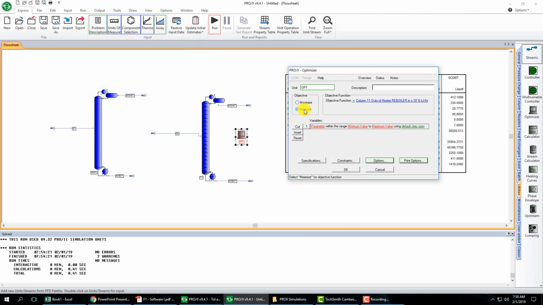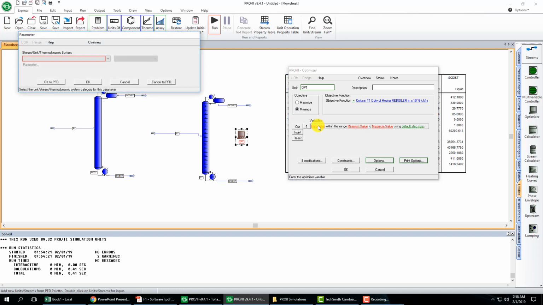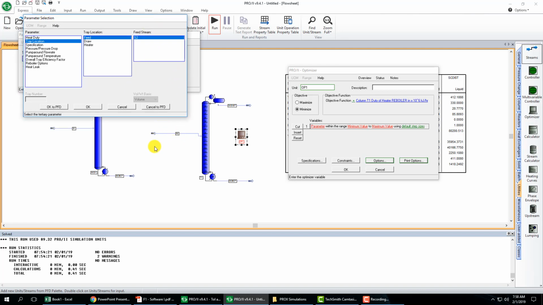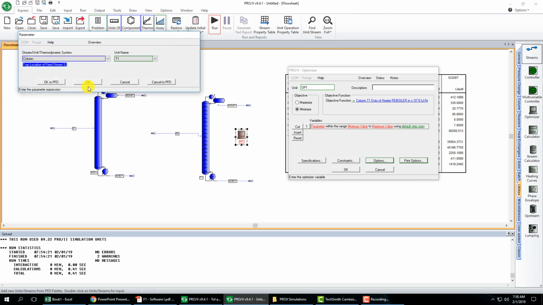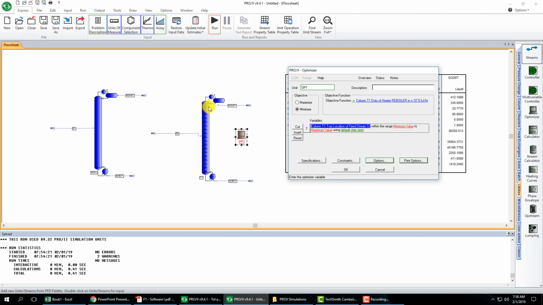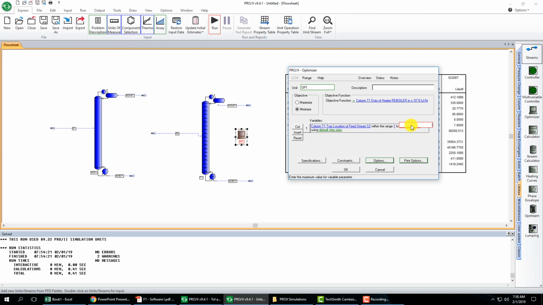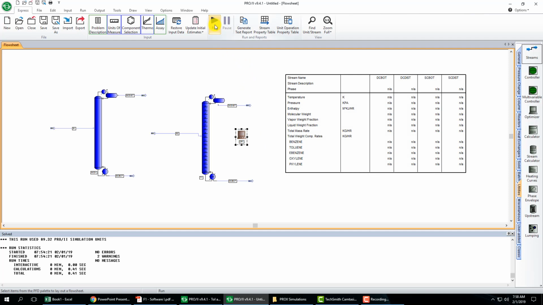And we want to minimize that by changing our feed tray, let's say. So tray location, the feed. And that turns out to be S2, just to make sure that it's not S1, that we chose the right column. Now we had 20 trays, so our minimum value is 1, and our maximum value is 20. So now if we run this again,